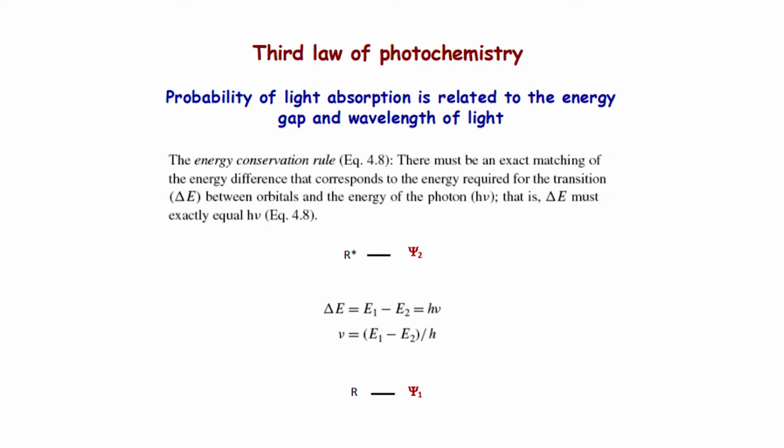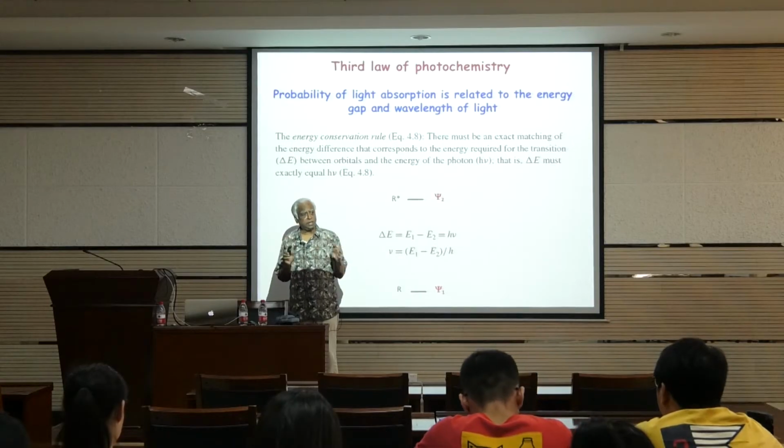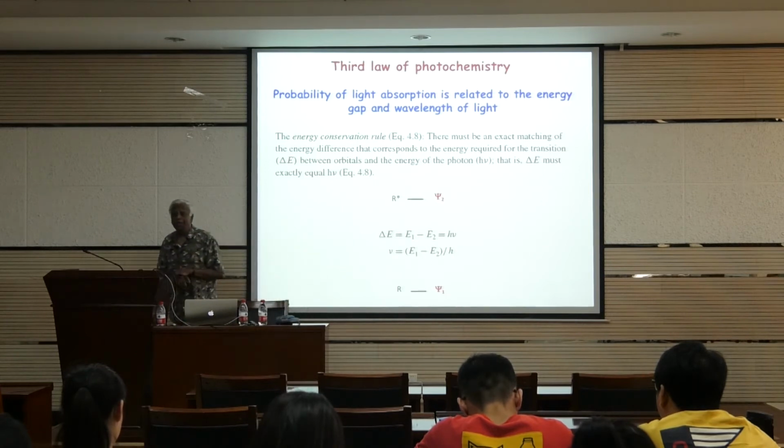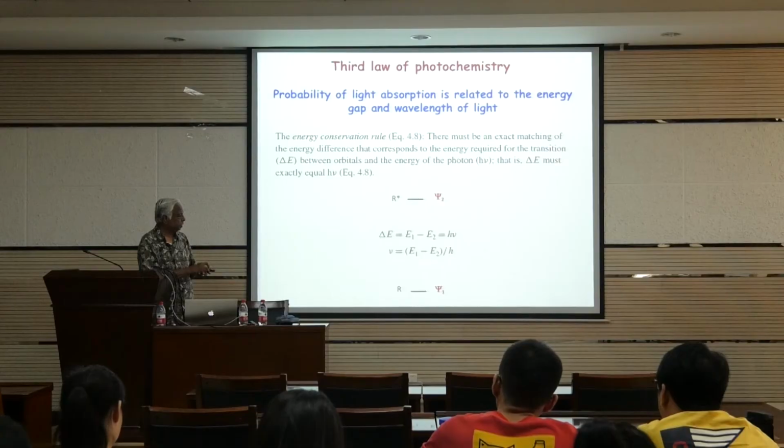So the molecule will absorb only the light that it needs. It is like this: if it wants only $100, it will take only $100. Even if you put $200, it doesn't want $200. If you give it $50, it doesn't want that either. If it needs 100, it will take only 100. So this wavelength, that is nu, which is actually c over lambda,